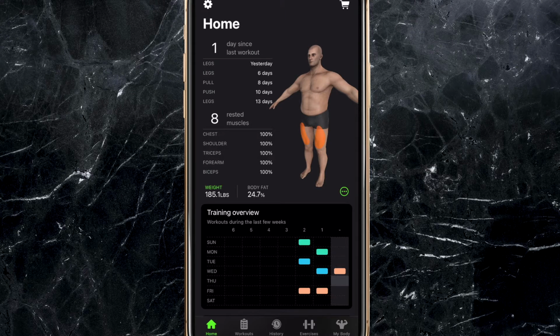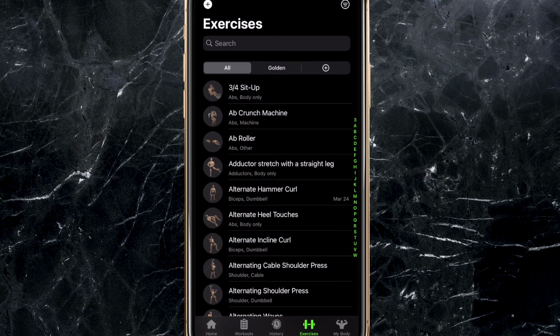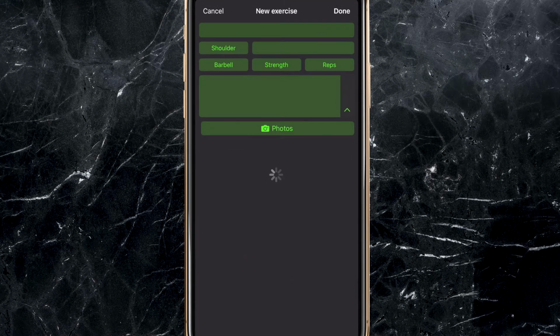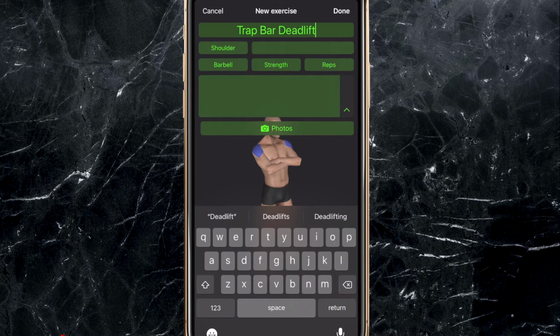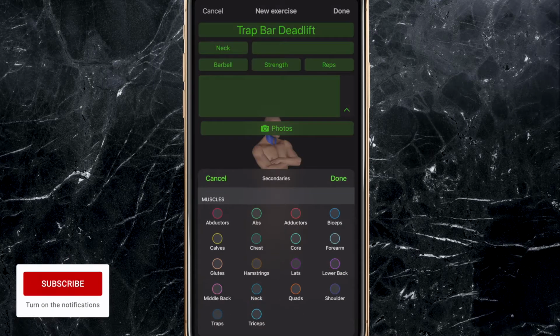From the Home tab, tap on the Exercise tab. Then tap on the plus symbol at the top left corner of your screen. From this screen you can add the name of the exercise, primary as well as secondary muscle groups,